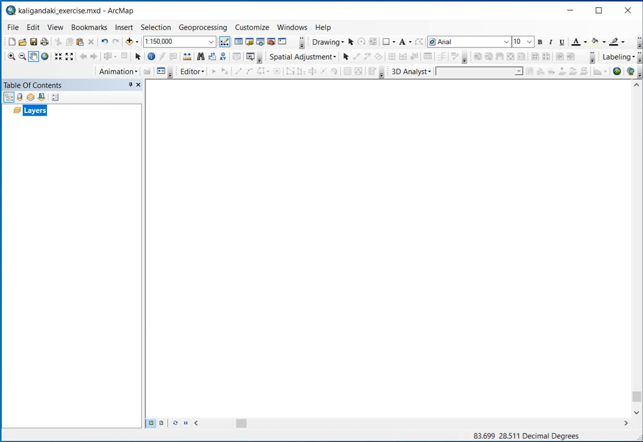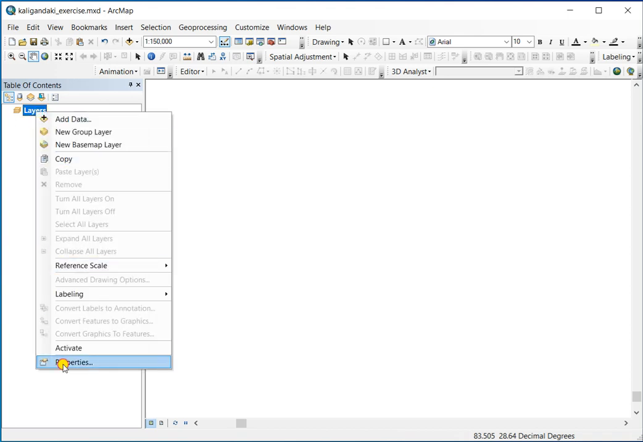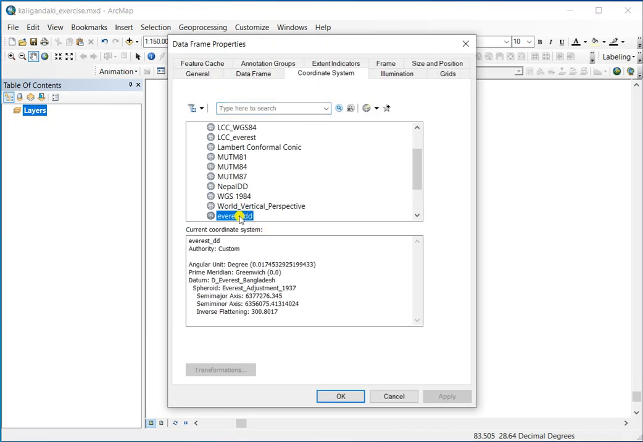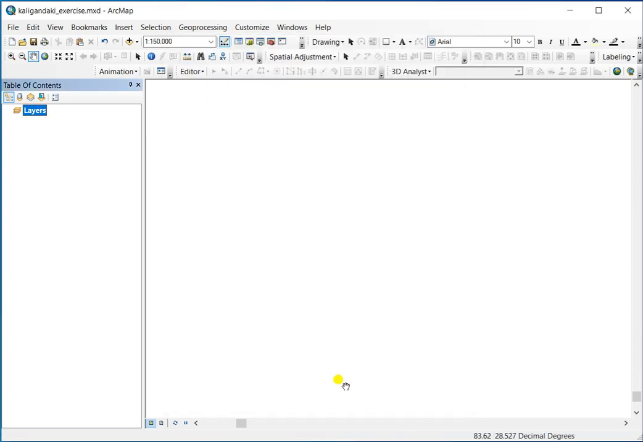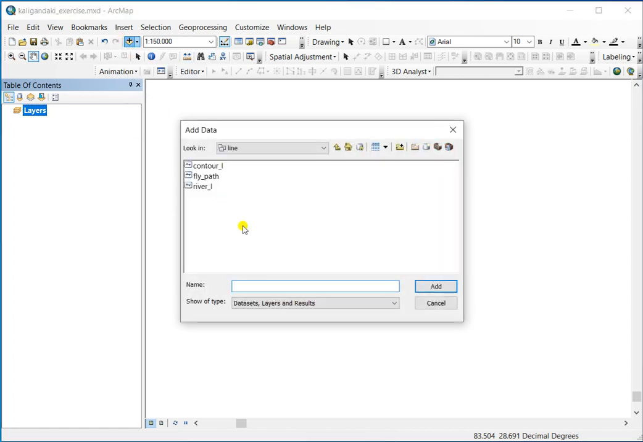In part 1, we prepare data in ArcGIS 10. So for this, we first of all open ArcGIS and set the projection of the data frame as decimal degrees. I have set the Everest base decimal degree system here. And now I will add the streams and contours